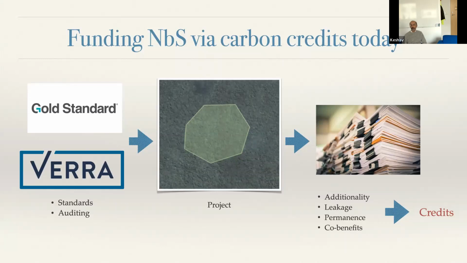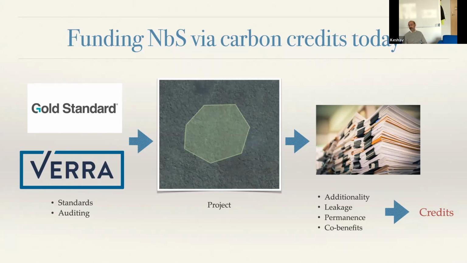Additionality means you're doing something over and above business as usual. You can't just draw a polygon in the Amazon and say, pay me. You have to prove that what you've done is over and above what would have happened without your intervention. Leakage means that when you do something, you're causing problems elsewhere. So nothing gets cut down in your forest, but your neighboring forest does get cut down. That's leakage. Permanence means how long does your benefit last? We'll talk a little bit more about that later.